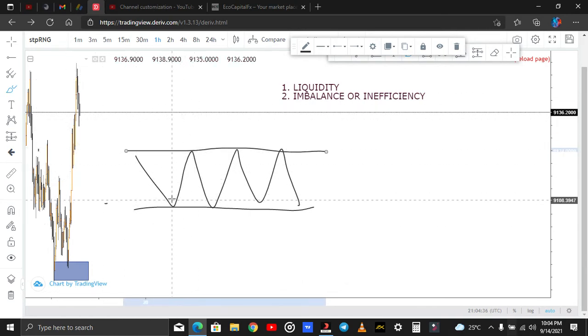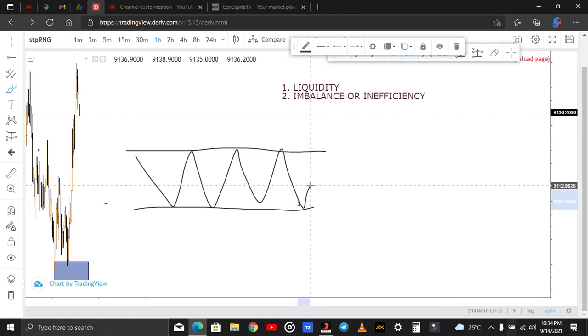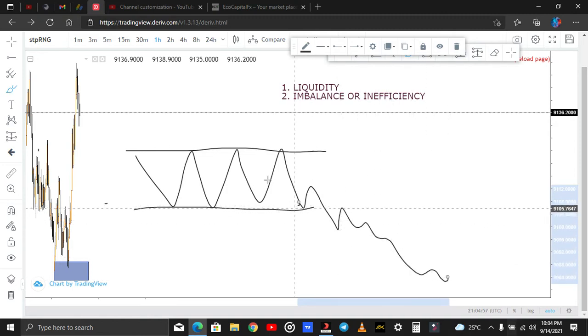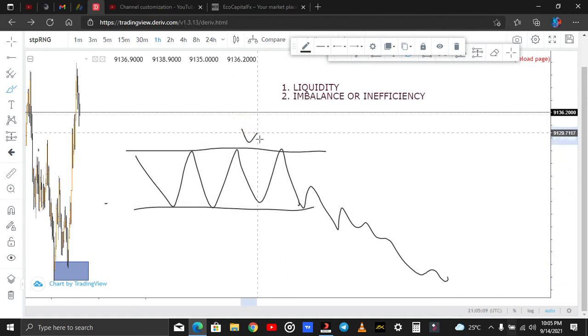Liquidity is when you see this and say that this is a support zone and this is a resistance zone, that this is forming the perfect support and resistance zone. When price gets to this place, it comes and does this, then breaks and starts coming down like this. This is just the liquidity inducement concept. Liquidity simply means price forming equal highs and lows, then later coming to that point and grabbing liquidity. That's what liquidity means.